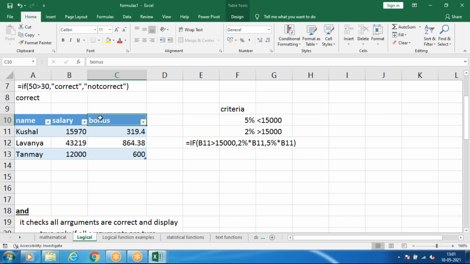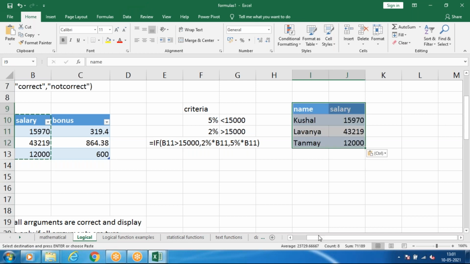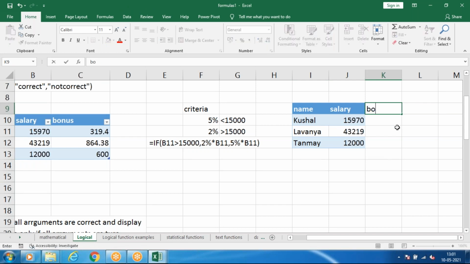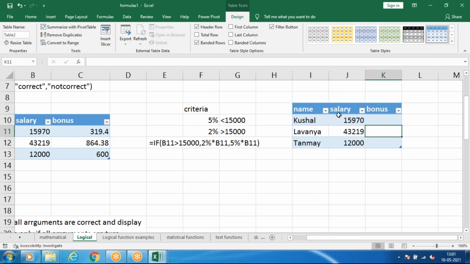I want to give bonus to them. So I'll copy this with Control C and paste it somewhere here. The bonus amount is this much.